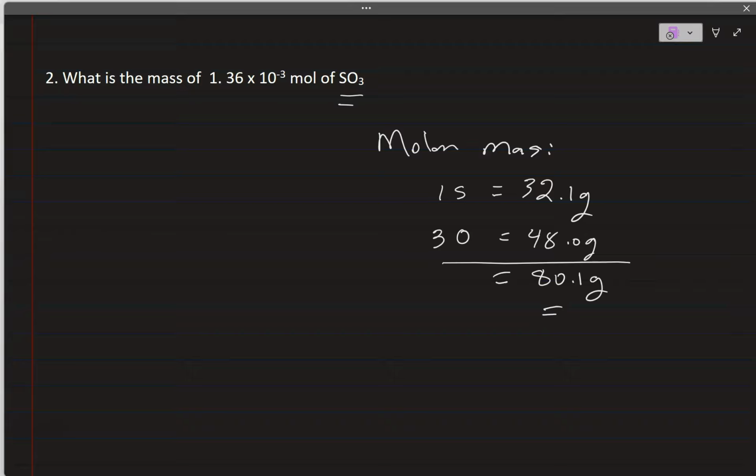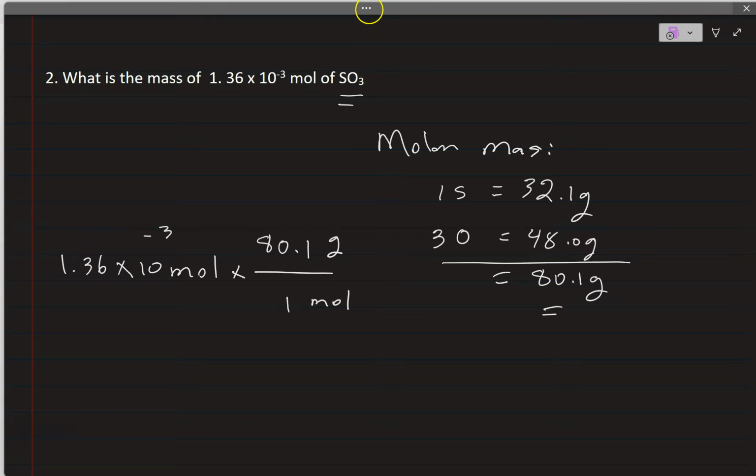So now we're going to write it up. 1.36 times 10 to the negative 3 times, now this is the mole. Sorry, I have to include the unit, if I don't include the unit, that's wrong. You must include the unit when you do the conversion, okay? So that's the gram again. So in 1 mole of SO3, we just calculated 80.1 grams. It's as simple as that. So now you're going to go ahead and divide and multiply. Mole and mole divide, and when you divide and multiply, your final answer will be